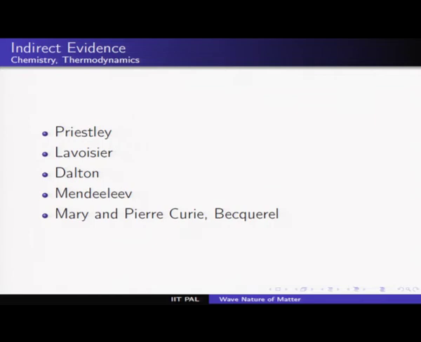But the real evidence for the existence of an atom actually did not come from physics, in the sense of mechanics or whatever. It really came from people who do chemistry and thermodynamics. Chemists were great people. I think Priestley is the person who separated hydrogen for the first time. Lavoisier was able to get oxygen for the first time. People realized water was actually a composite of hydrogen and oxygen. Then of course Dalton came and gave his theory of ideal gas, etc., etc.